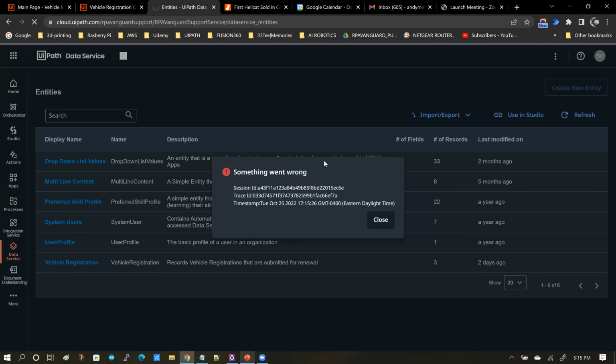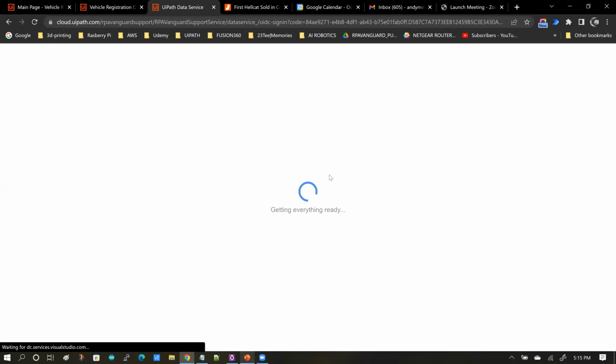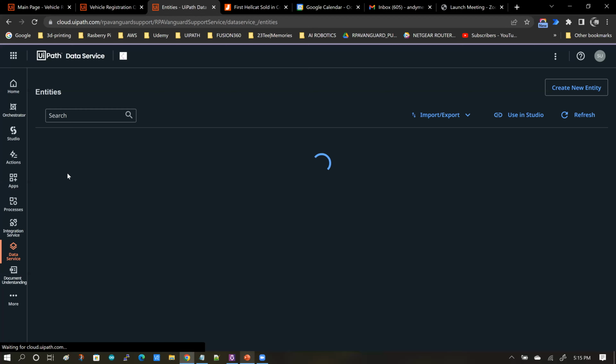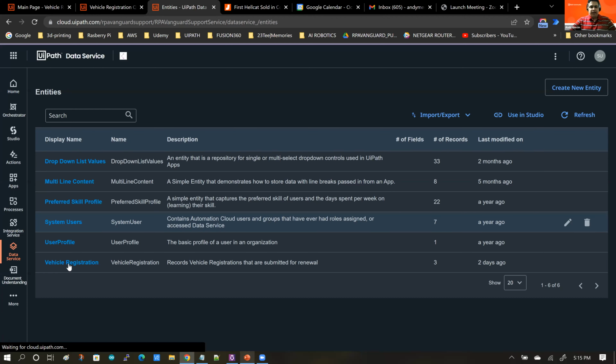Here is an entity called vehicle registration. If I click on it,